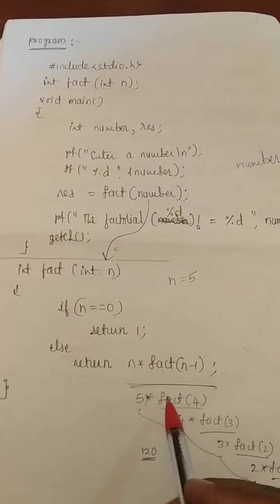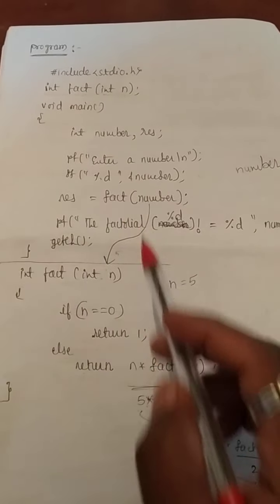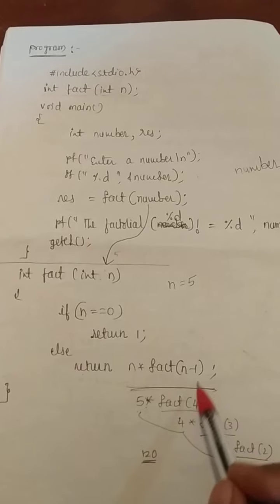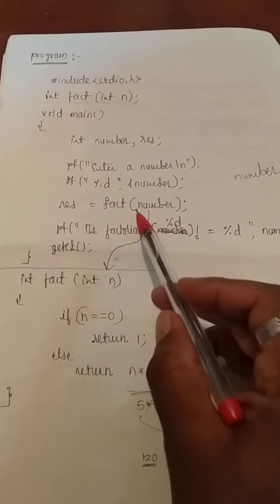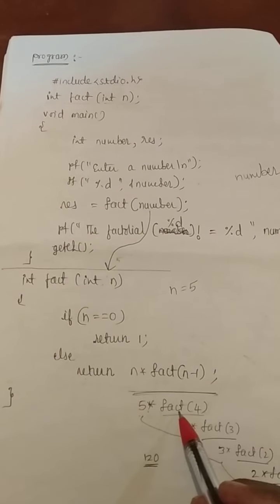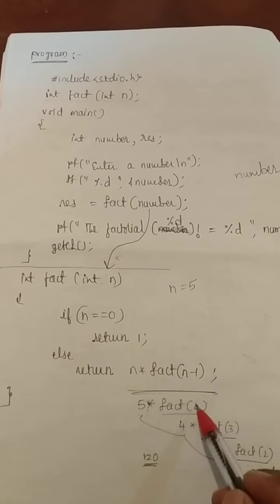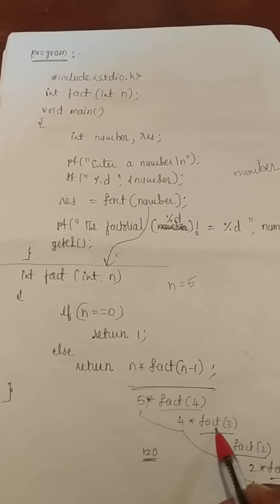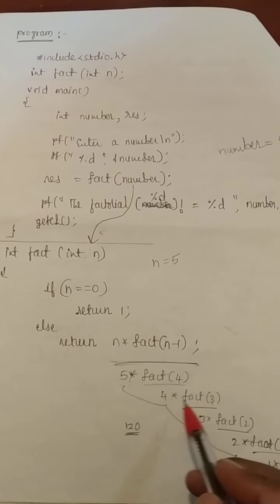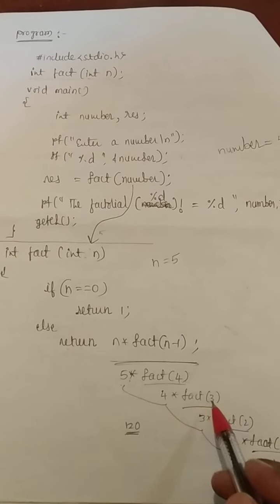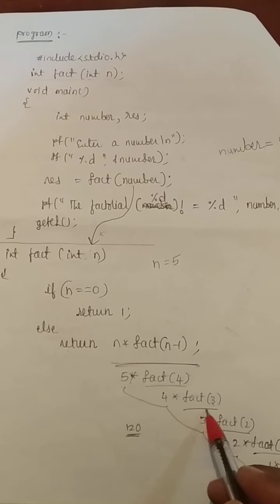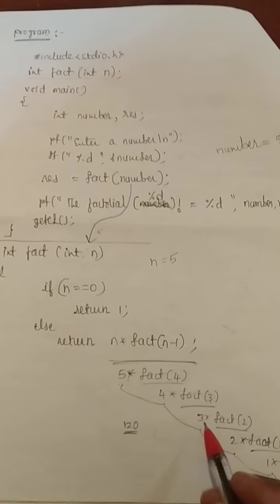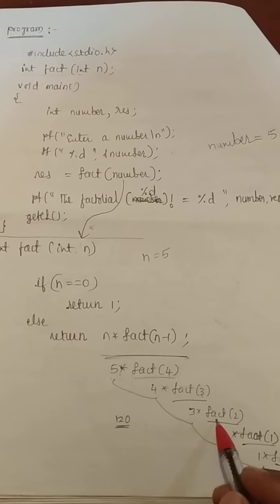So what happens here? Like this, this is also a function, right? So this will be called by itself. First time it is called this one. So second time what happens? This function will be called by itself. At that time what happens? This will be 4 into factorial of 3, n minus 1. 4 into factorial of 4 minus 1, 3. So what happens here? Again this function will be called by itself. So this will be 3 into factorial of 2.